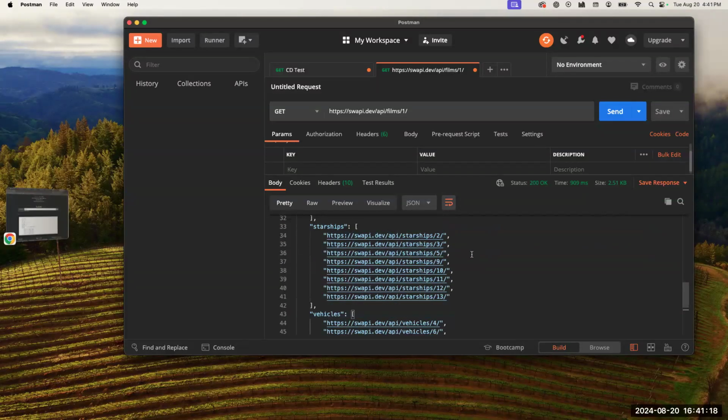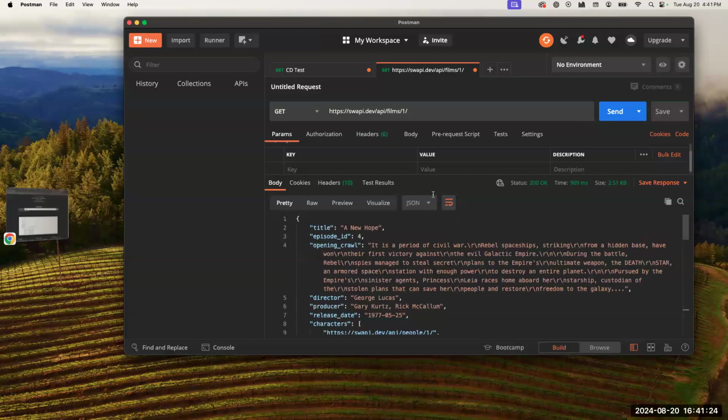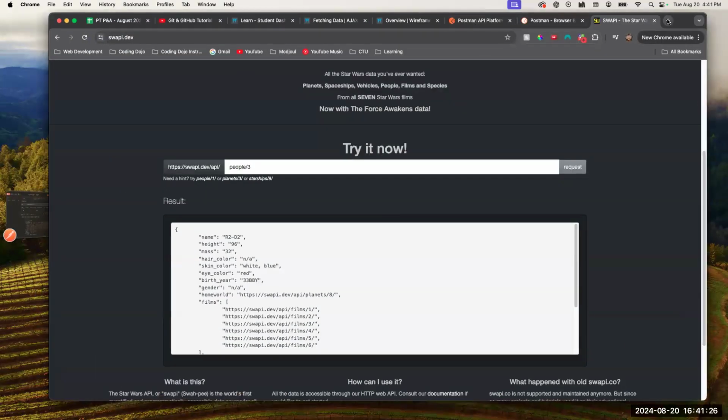Again, this is a very simple one to mess with, but it's great. It's really powerful. It gets the job done. Now, if we were to go to something like a Google Maps,